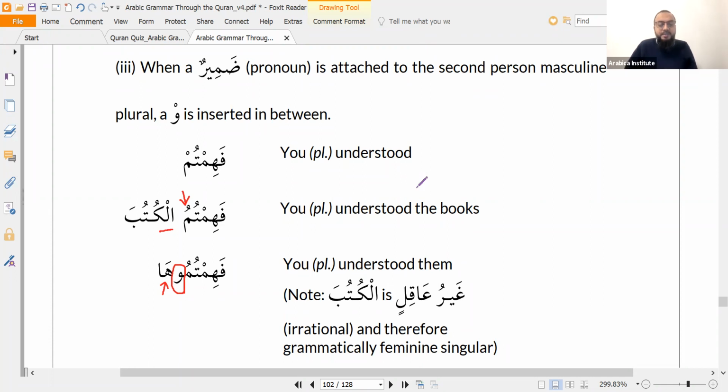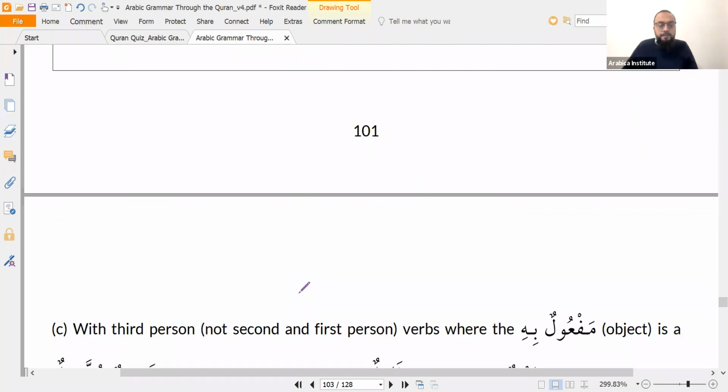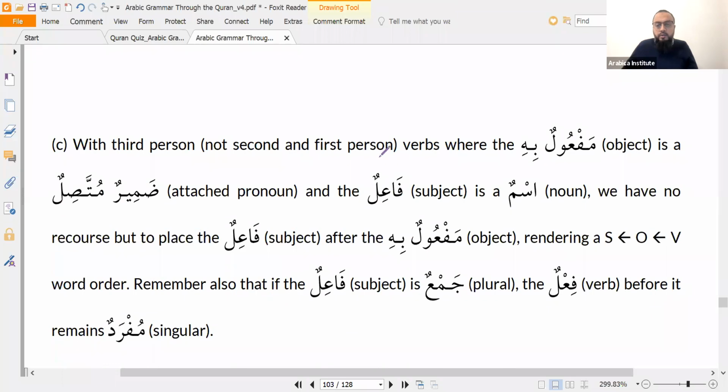So let's just practice that a few times. We haven't done this really. It's not very common actually, because you don't really usually speak to a group of people telling them that they've done something to something with a pronoun. It's not a very common expression. Right, Rupan is here. So shall we take a short break?